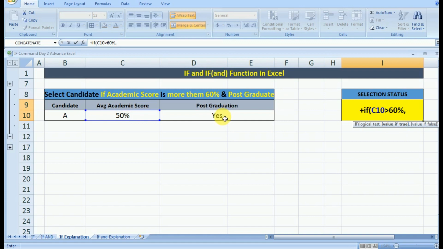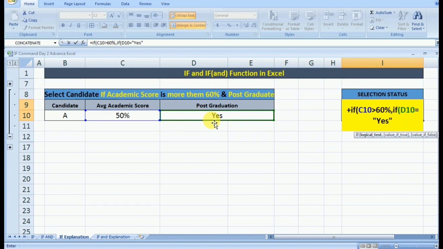If it is greater than 60%, then we will use one more IF condition. This is called an embedded IF, when an IF command is used within an IF command. The second condition will be that if the score is greater than 60%, then another IF will run, which will check whether the post graduation is yes or not.